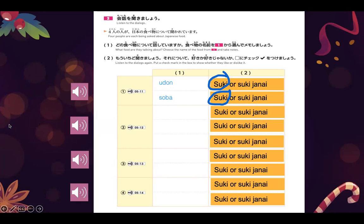2、日本の食べ物何が好き？天ぷらが好きです。へえ、牛丼もカレーも好きです。そう。